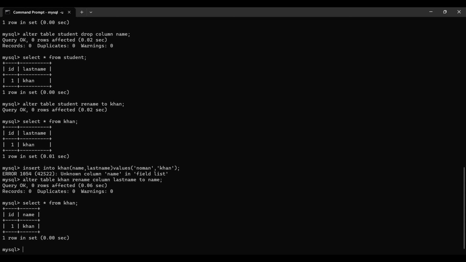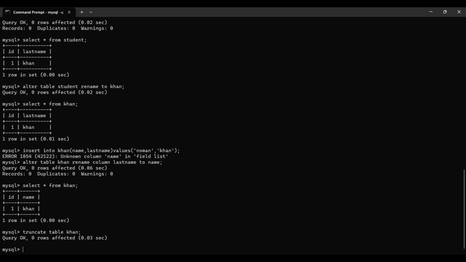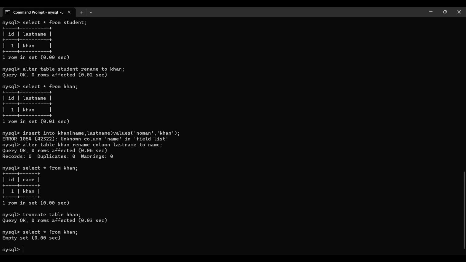What is the use of truncate? You need to type truncate table Khan. Give semicolon and enter. As you can see, we already truncated the table. If I say select star from Khan, as you can see here, now we have only an empty set in the Khan table. If I also say describe Khan,